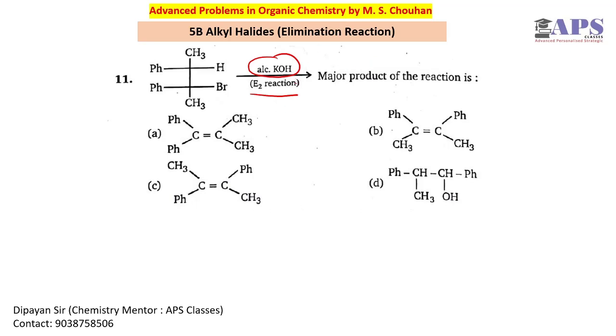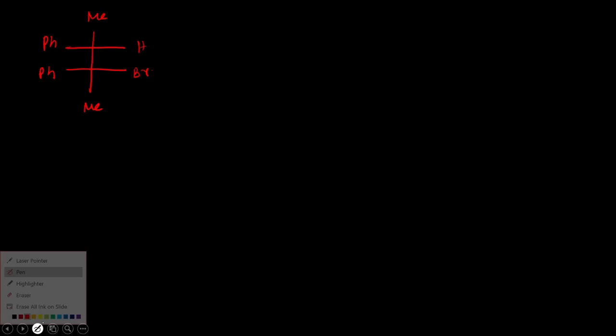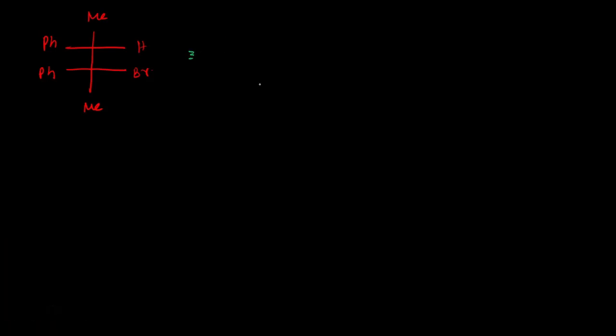All of us know that in E2 reaction we have to maintain anti-periplanar arrangement, correct? Anti-periplanar arrangement, so we have to maintain a proper stereochemistry. So if we look elaborately at the molecule, we have Ph, Ph, two phenyl groups, hydrogen, bromine, two methyl. So if you draw a proper Sawhorse projection from here, we can have this kind of situation: